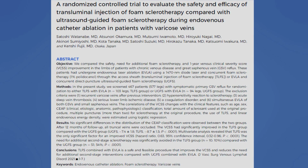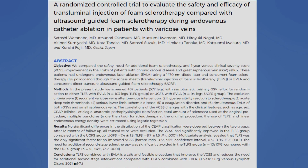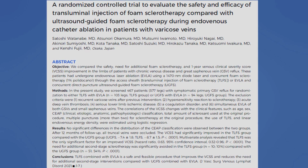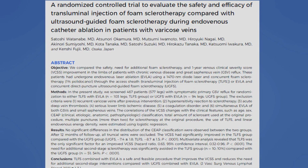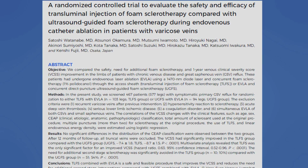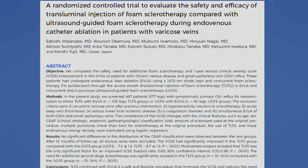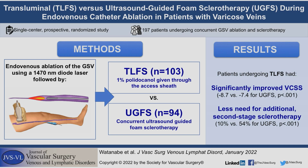Our next article, titled A Randomized Controlled Trial to Evaluate the Safety and Efficacy of Transluminal Injection of Foam Sclerotherapy compared to ultrasound-guided foam sclerotherapy during endovenous catheter ablation in patients with varicose veins, is by Watanabe and co-authors from Japan. They compared the treatment of patients with both great saphenous vein incompetence and large tributary veins using either an